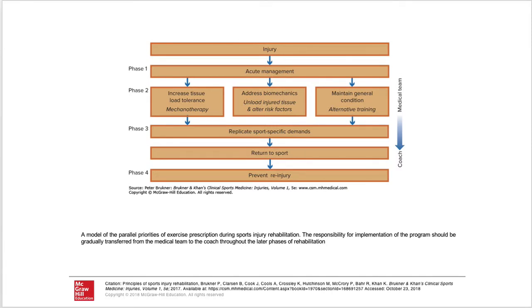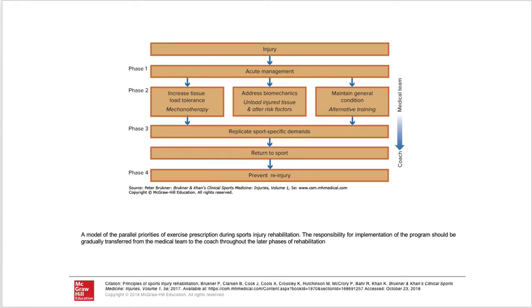It kind of shows you after the acute management, when you go into phase 2, you're working on these 3 different things. So you're increasing the tissue load tolerance, right? So how much time under tension are you putting that person? That's when you think about the volume of your exercise plan. You're also continuing to address your biomechanics. So making sure that if someone can do time under tension, maybe they can do 10 back squats, but after that, they start to feel tight again. Well, now I'm going to address that. I might give them a mobility exercise or what we call a movement snack in between that to make sure that we're addressing that biomechanical deficit.